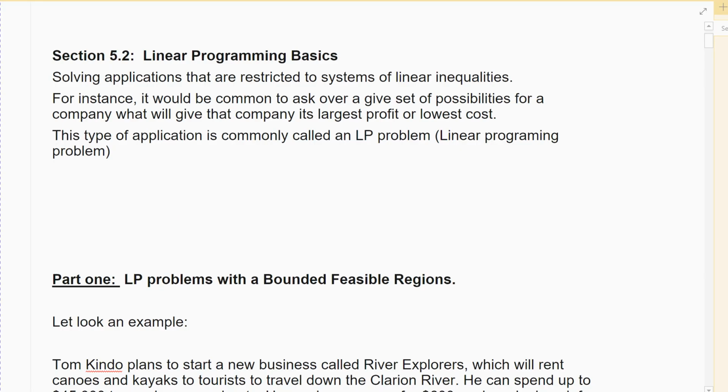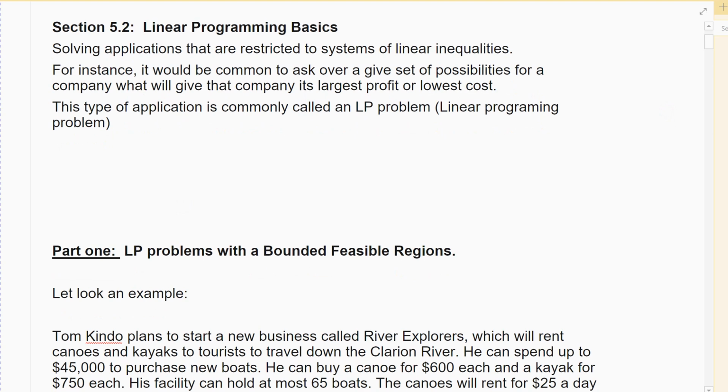5.2, I broke it into two parts in the notes. The first part is understanding the theory behind linear programming and solving applications with corner points. The second part is putting it into practice. First case we're going to look at is the simplest case where they're bounded. In the second case, we're going to look at the case where it's unbounded and then practice both of them